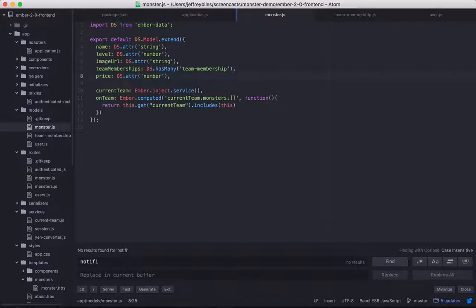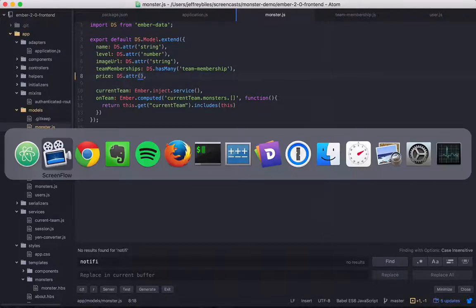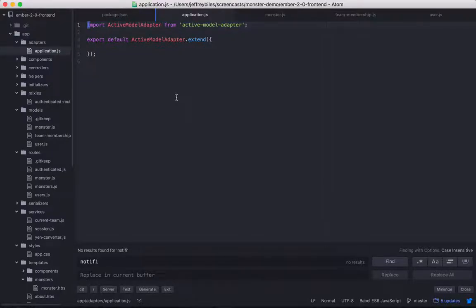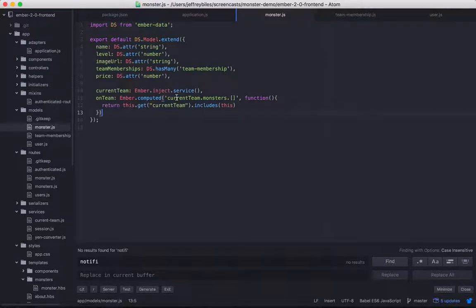On the other hand, if you still have the price, but you just remove the number coercion, then the price gets passed directly in. And it can still be used in these calculations, but it's not being rounded to an integer. It still has the decimal. In this particular case, that's not a big deal, but it helps to have things as the correct type. So these are the basics of how you get started in Ember Data and define your